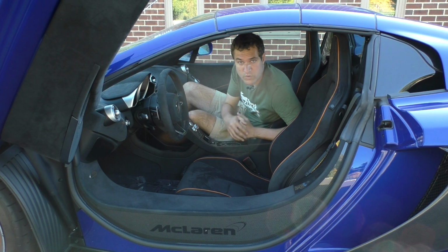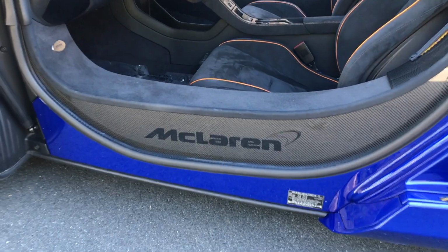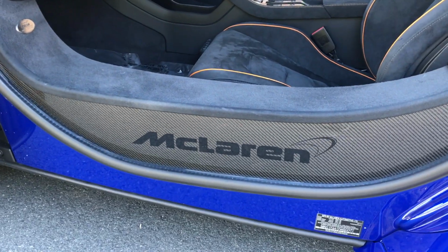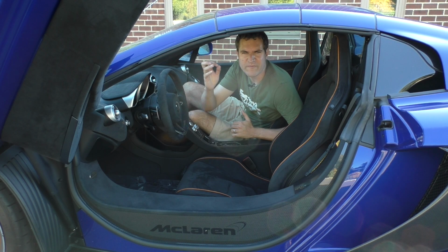But right now I'm going to start by showing you the unique quirks and features of just the 650S, starting with the McLaren logo in the door sill. You can see it down there. The door sill is really hard to climb over, partially because of the angle at which the door opens and also because it's just big,